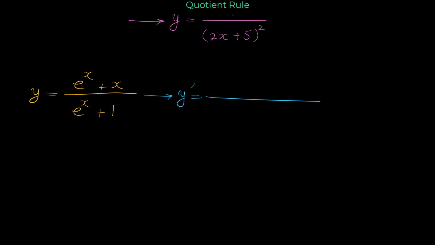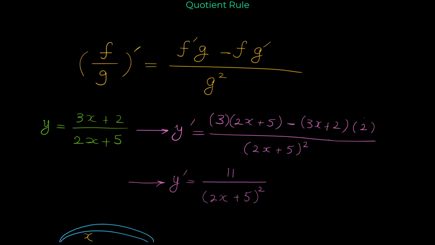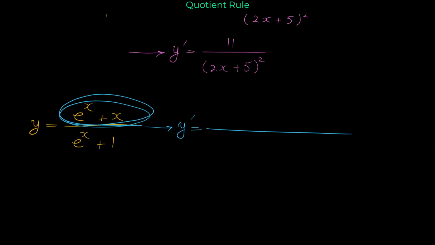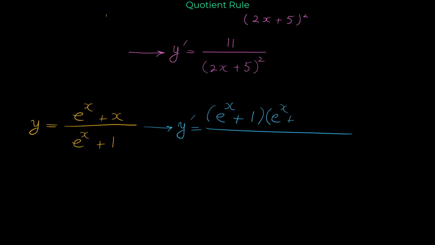the derivative of this function equals, take the derivative of the numerator. Remember the quotient rule, f prime. F is the numerator, f prime is the derivative of the numerator. So first we have to find the derivative of the numerator. What is the derivative of e to the x? We know that e to the x is the only function whose derivative is itself. The derivative of e to the x is e to the x. Plus, what is the derivative of x? 1. So the derivative of the numerator is e to the x plus 1. Multiplied by the denominator,